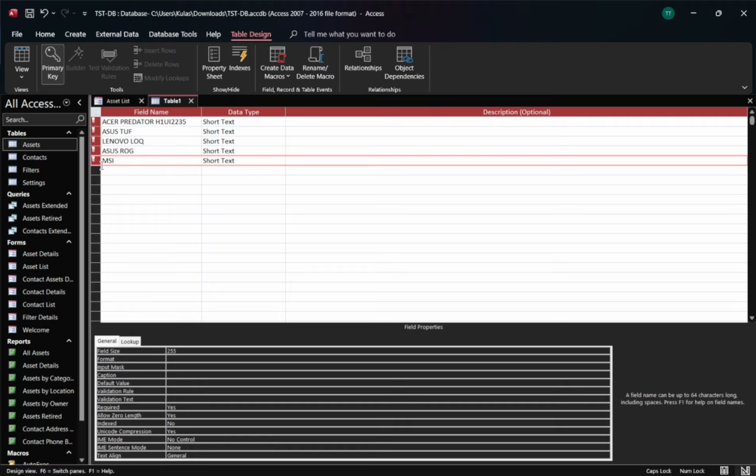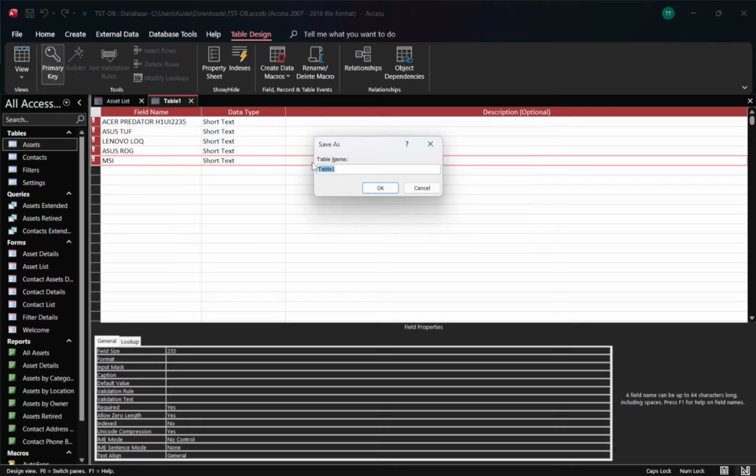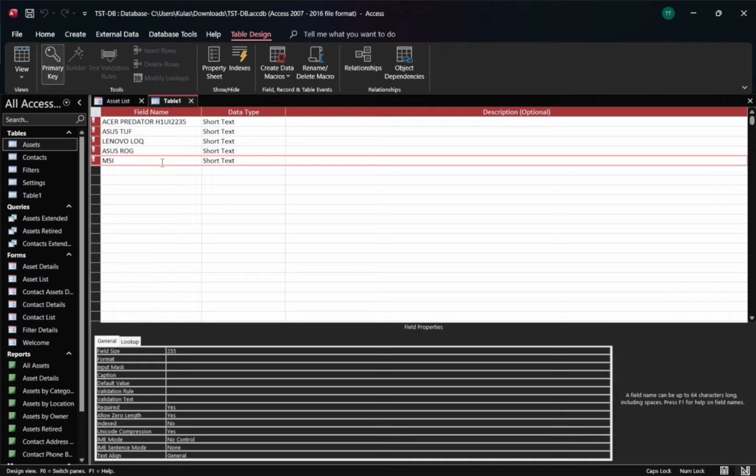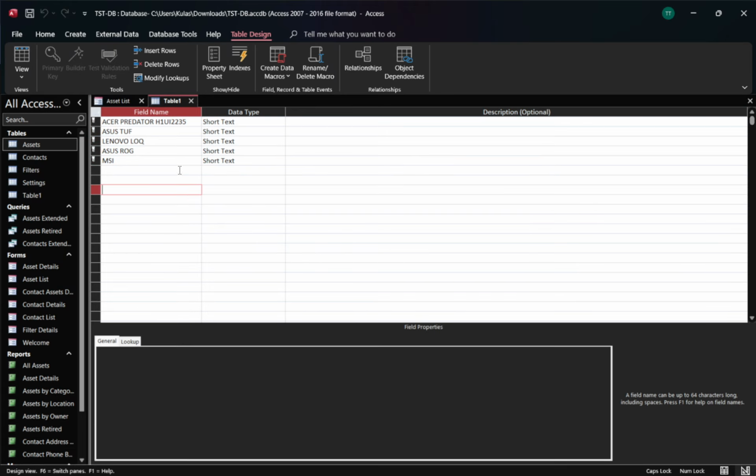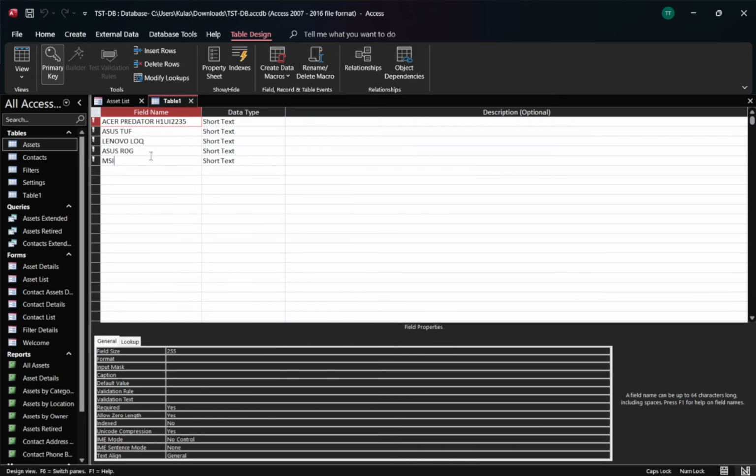Now save your changes. Press Ctrl+S or click Save. Saving ensures the primary key requirement is enforced from this point on. A quick reminder about what that enforcement means. Every record must have a unique, non-empty value in the primary key field or fields. If duplicates or blank values exist, Access won't allow the primary key to be set until those issues are resolved. This safeguard helps maintain data integrity automatically.